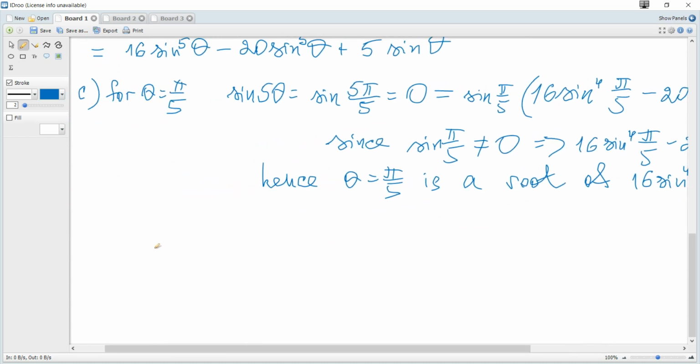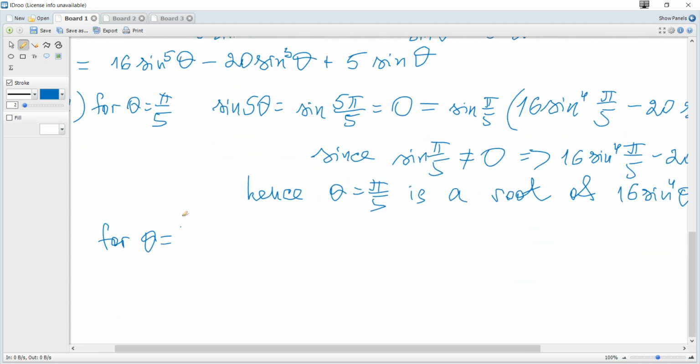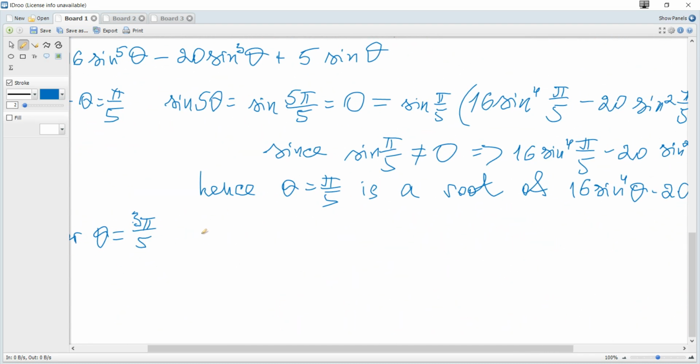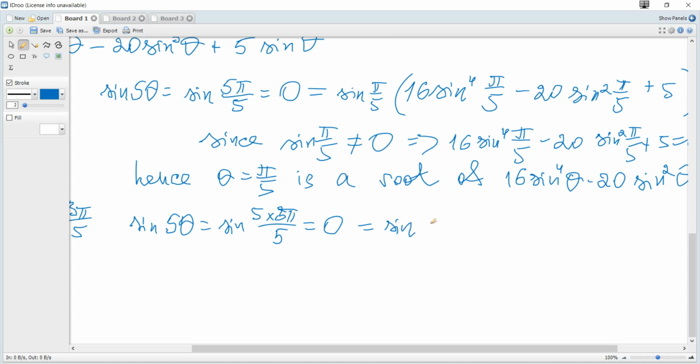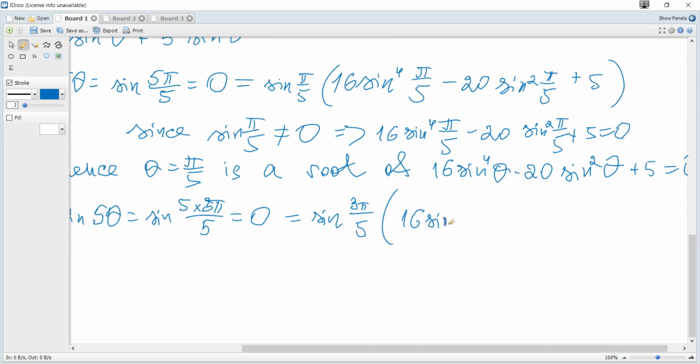And absolutely similarly, for theta is 3 pi over 5, sine of 5 theta becomes sine of 5 multiplied by 3 pi over 5, and it's the sine of 3 pi, which is also 0, is equal to sine of 3 pi over 5 multiplied by 16 sine to the power of 4 of 3 pi over 5 minus 20 sine squared of 3 pi over 5 plus 5,